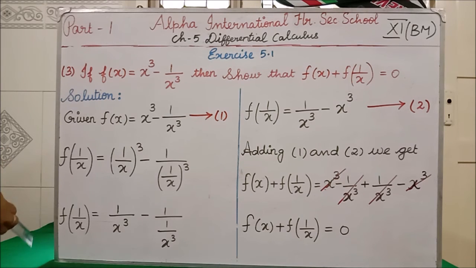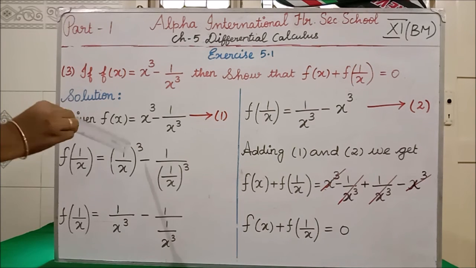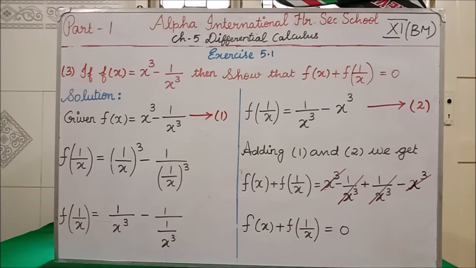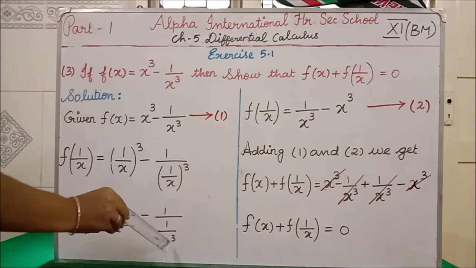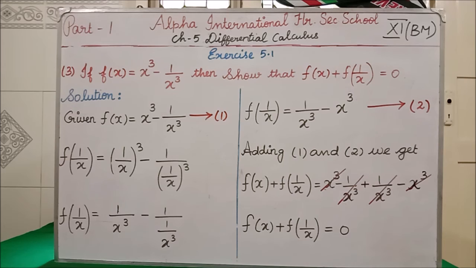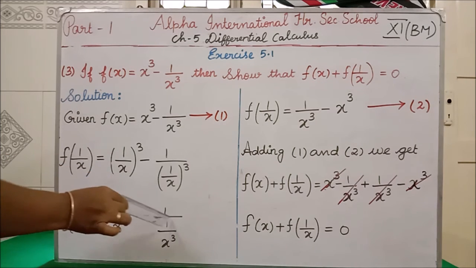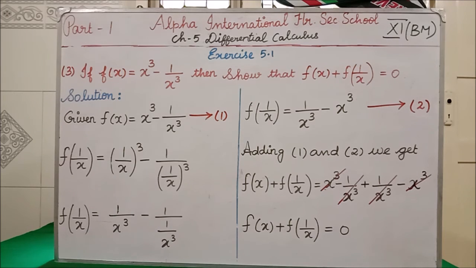Clear? Now f of 1 by x is equal to, now this cube is for numerator as well as for the denominator. So 1 cube is what? 1 only. So I have written 1 divided by x cube is what? x cube minus numerator 1 I have written, whole divided by, similarly 1 cube is 1, x the whole cube is x cube. Students, I have told you for numerator 1 division, the whole division, then denominator another division means what this term will become? It will become reciprocal. Clear? The next step we have written in reciprocal form.